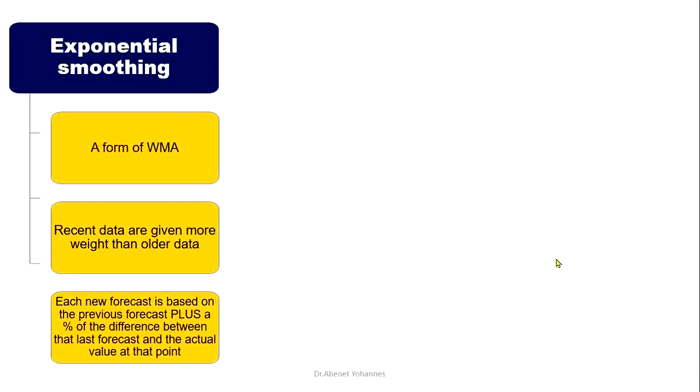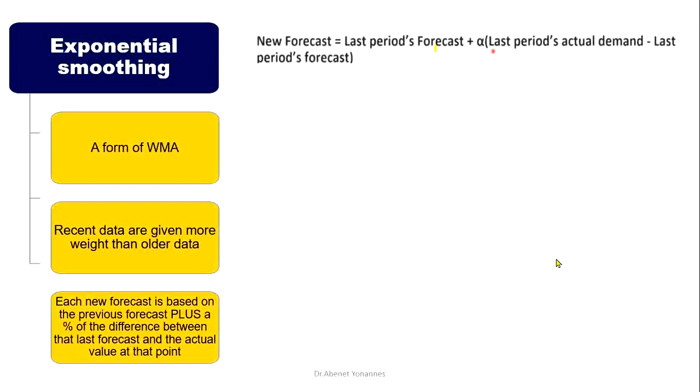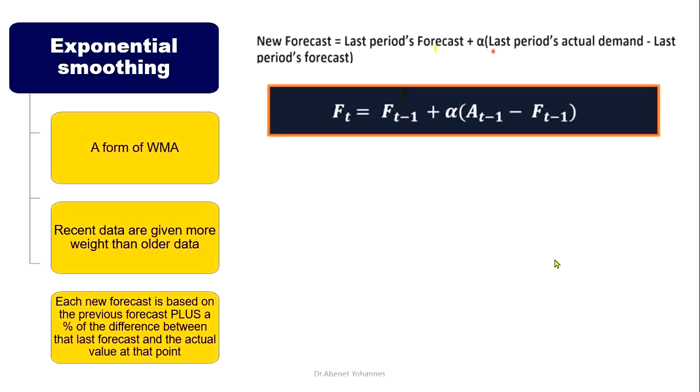አራተኛው ሜትድ ኤክስፖኔንሻል ስሙዚንግ ነው። It is a form of weighted moving average. Recent data are given more weight than the older data. Each new forecast is based on the previous forecast plus a percentage of the difference between the last year's forecast and the actual value at that point ነው። በፎርሙላውን ስናስቀምጥ እንግዲህ new year forecast is equal to last year's forecast plus alpha times last period's actual demand minus last period's forecast እንሰራለን ማለት ነው።